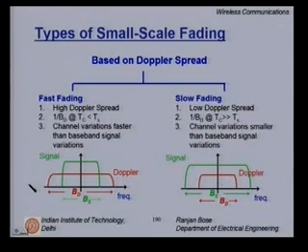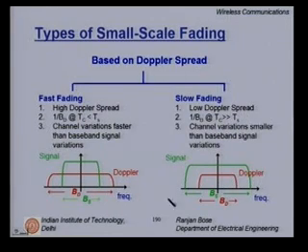Clearly, this will have an implication if we are going to use time diversity to overcome fading. So, we are dependent on T_C this time for our definitions, T_C being the coherence time. T_C less than T_S gives us fast fading, T_C much greater than T_S gives us slow fading.